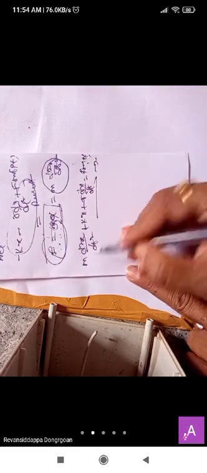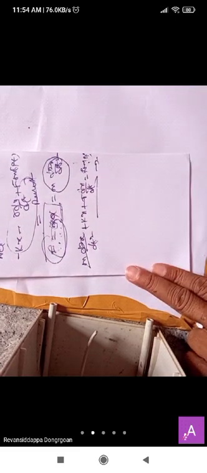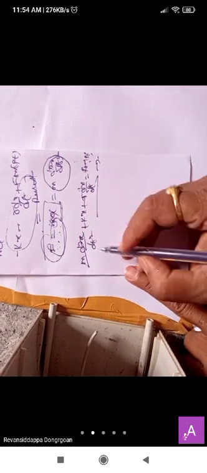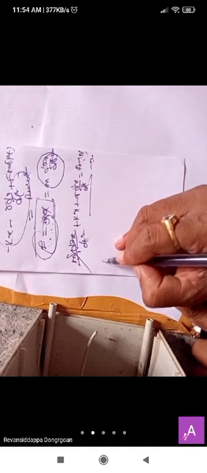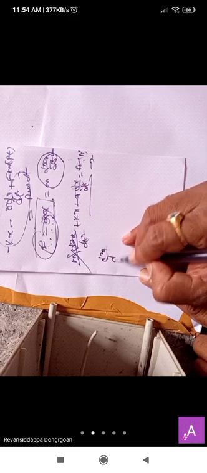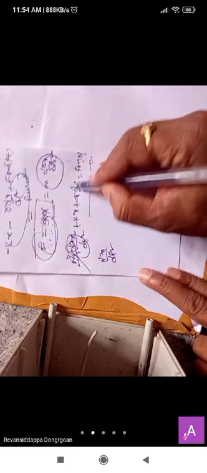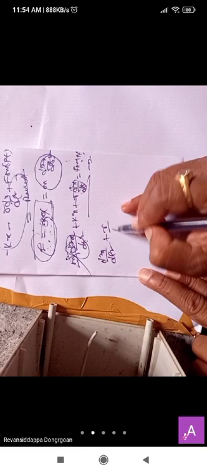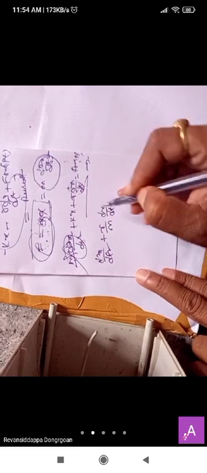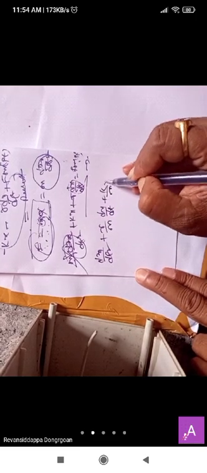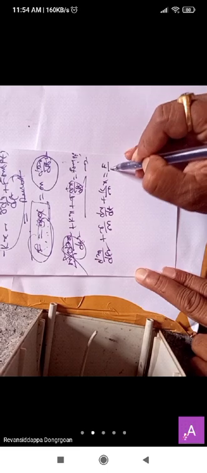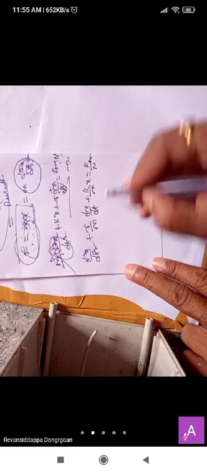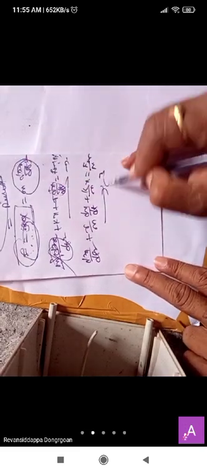To remove the m value here, divide throughout by m. What will we write, beta? d square x by dt square, which is second order, plus r by m into dx by dt, which is first order, plus k by m into x, is equal to F by m into sin pt. We call this equation number 3, for example.